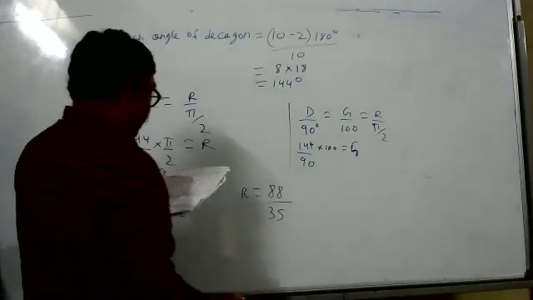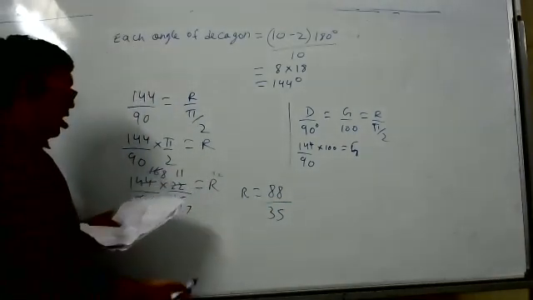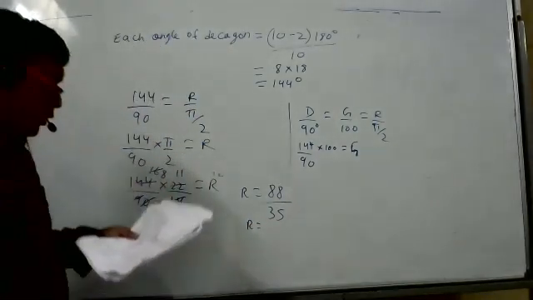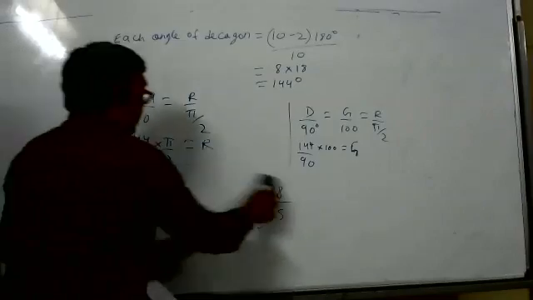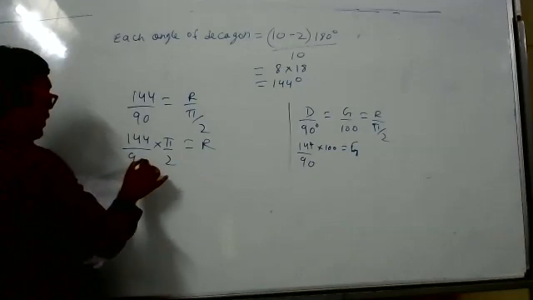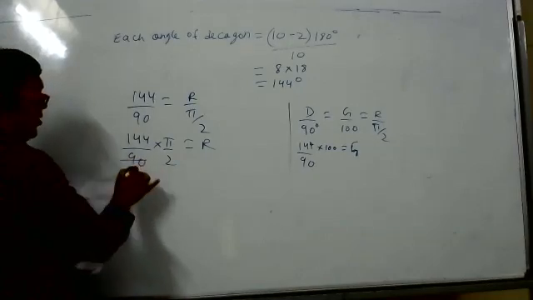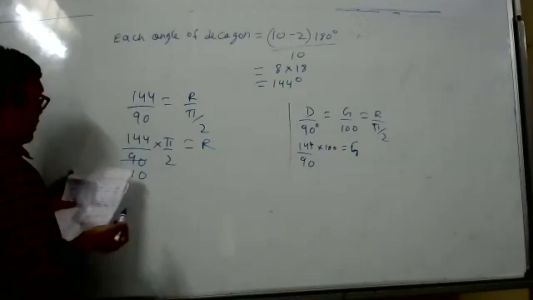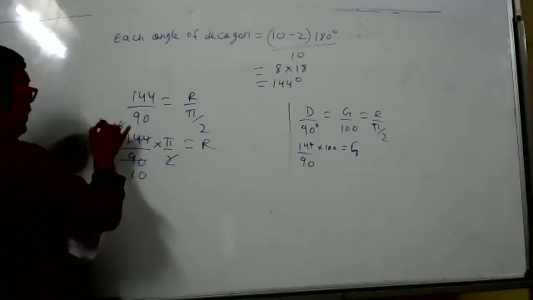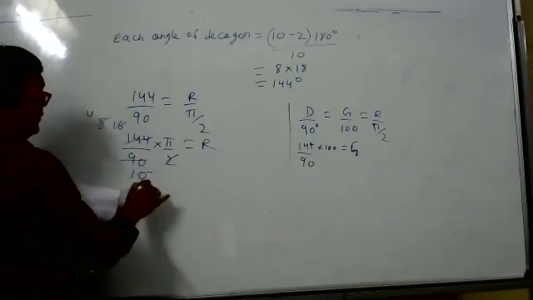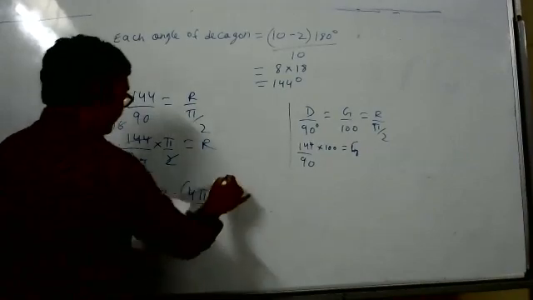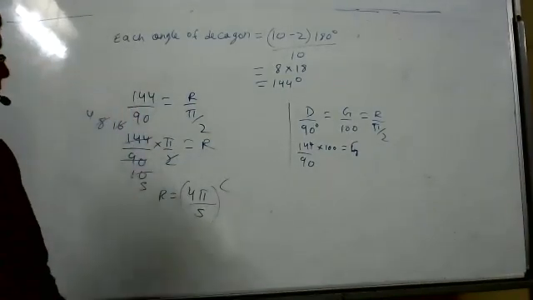What is the answer? See, the answer which I got is this one. They didn't do all this. I'm telling you what answer I want. Answer means they did 9 10s are 90. But how will you get this? This is 16. 2 8s are 16, 2 4s are 8, 5s. The answer which they want is 4 pi by 5. This is enough. 4 pi by 5 radian.